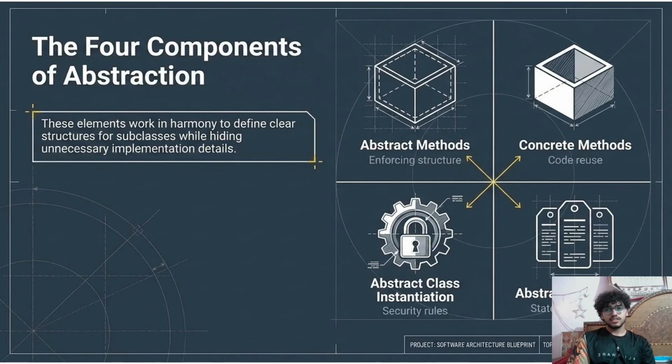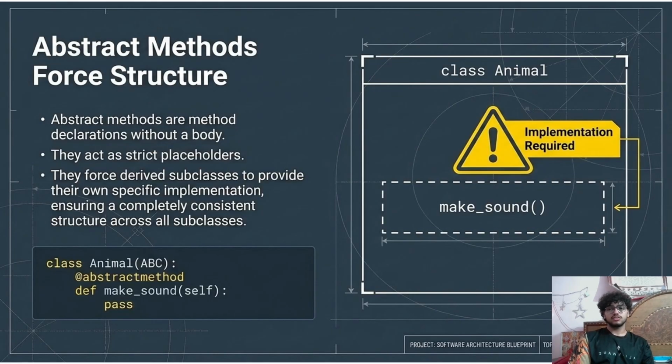Now these elements work in harmony to define clear structures for subclasses while hiding unnecessary implementation details. Abstract methods enforce structure, concrete methods enforce code reuse, and abstract properties enforce state enforcement. Now, abstract methods are methods declared without a body. There's no body for an abstract method. They act as placeholders. They force derived subclasses to provide their own specific implementation, ensuring a completely consistent structure